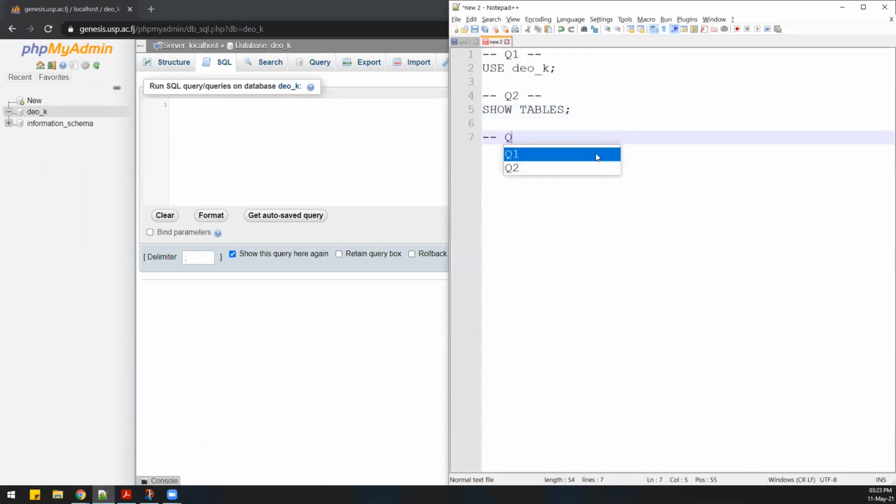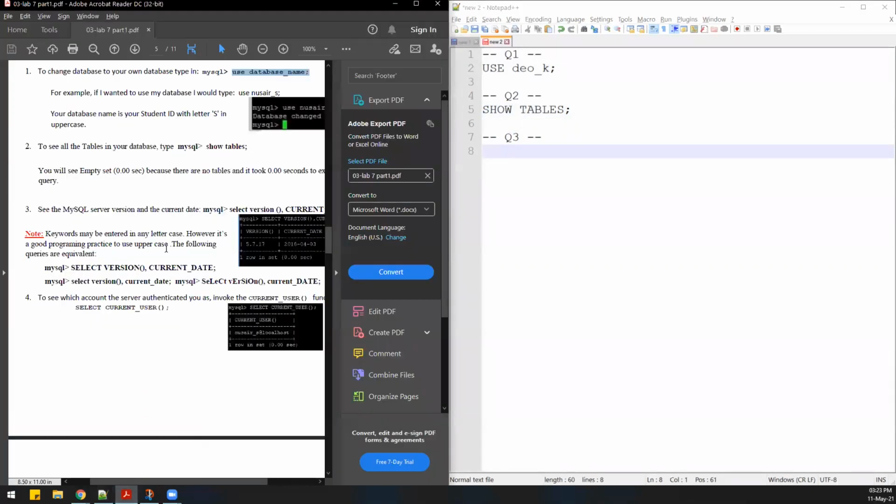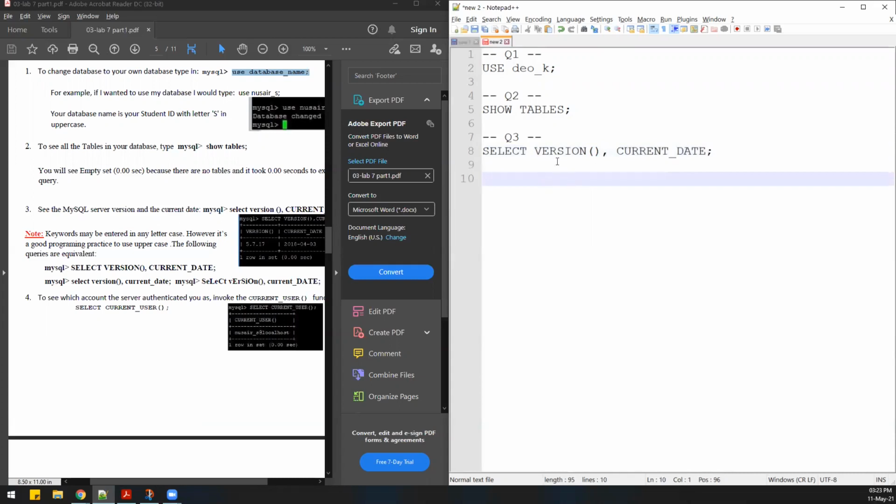The next one, query number 3, that was to select the version and the date. So you can write select version and current date. Version is a function, that is why you have a parenthesis in here. Current date is not a function, it is just a simple normal command.